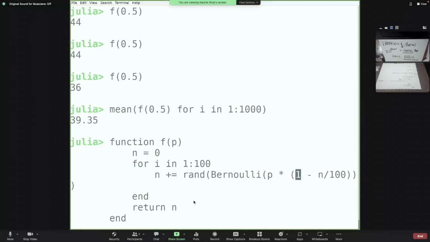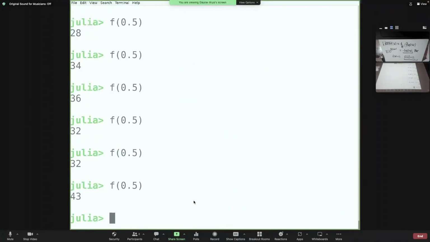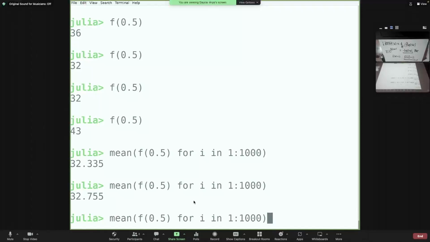So I'll do that too. So how should I do this? Maybe I'll do 1 minus n plus i over 200. This should be a valid probability. Yeah, 0.5. So it has some mean. If you just try and differentiate it the naive way by doing something like this,